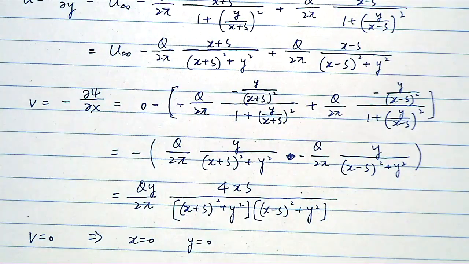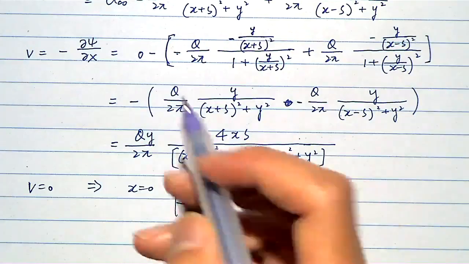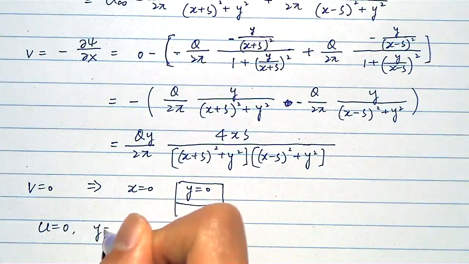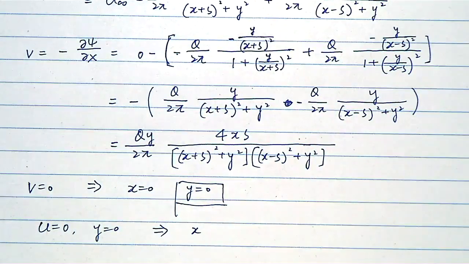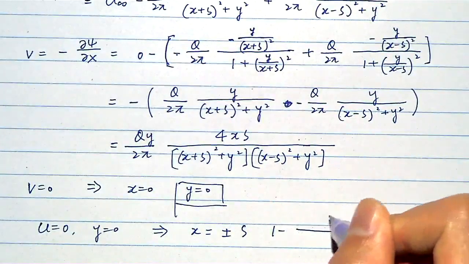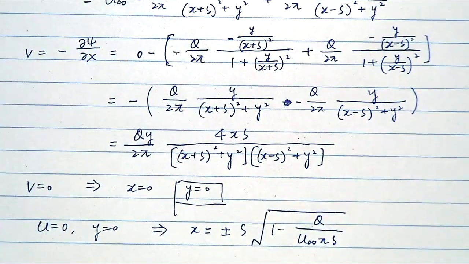So just to remind you, this part of the question wants to have the stagnation point occurring at y. So let's take this for now. We can have y equals to 0 and plug it into the u component, okay? And in that way, u equals to 0 with y equals to 0, and we can solve for x. And x equals to plus or minus s times the square root of 1 minus q over u infinity pi s. The solution is that,